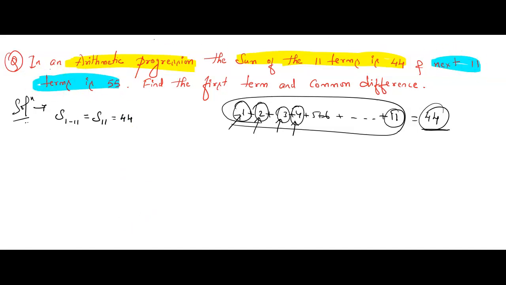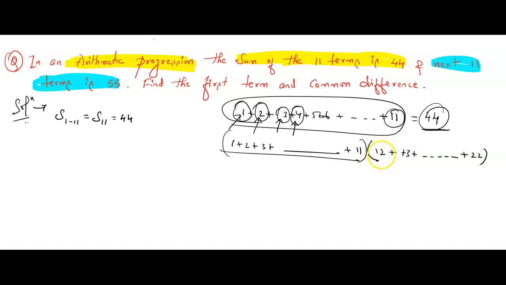It means again if you are going to add the terms, the numbers have stopped at the 11th term, right? From 1, 2, 3 till 11th the numbers have stopped. Again, if you are adding the terms after 11th, the term that will come is the 12th. From the 12th term to the next 11 terms, till 22. So after the 11th term the terms start from 12, right? It means the next 11 terms after 1 to 11 are from the 12th term to the 22nd term. If you add these numbers, the answer is 55.